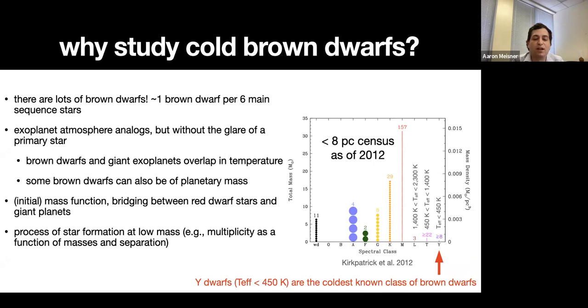For example, the multiplicity function as a function of masses and separation. And also things like whether the star formation efficiency at low masses might depend on other variables like metallicity in addition to just mass. And so this plot at the right also shows you the temperature ranges by which we define the brown dwarfs, most of which are L, T, or Y dwarfs. And you can see the temperature ranges there, but Y dwarfs, which I'll focus on more so than the others